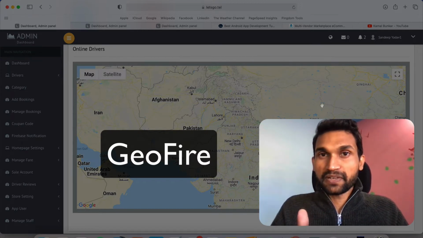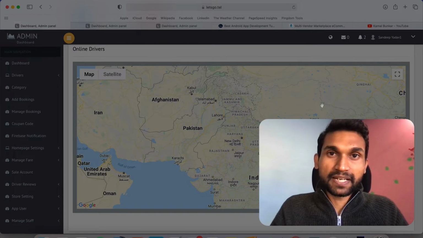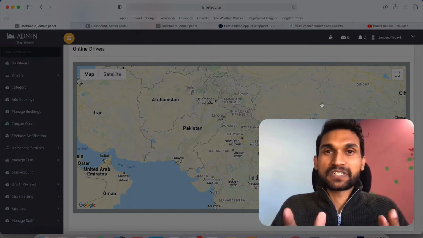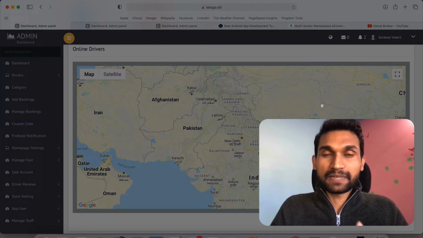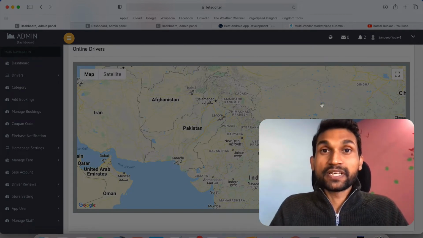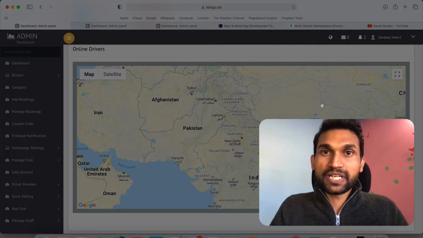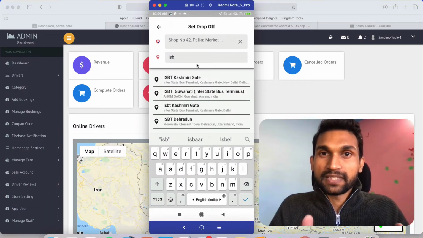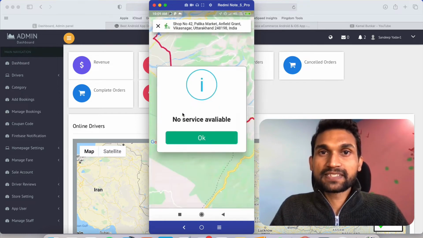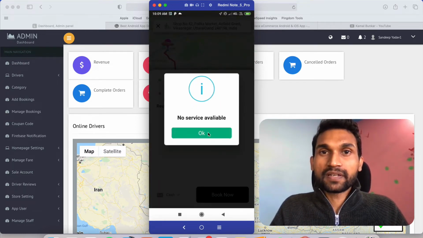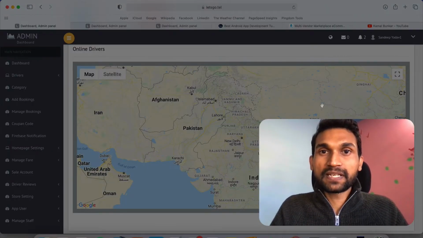We have built one taxi booking app for one of my clients using Flutter, and the server side is in PHP and MySQL, and we are also using Firebase real-time database and cloud messaging. In this app we are checking whether the user's current location belongs to the city range or not. If it is not, we show a message like service is not available. If it is, the user can select services like a sedan car, mini car or auto, whatever is available in our system.